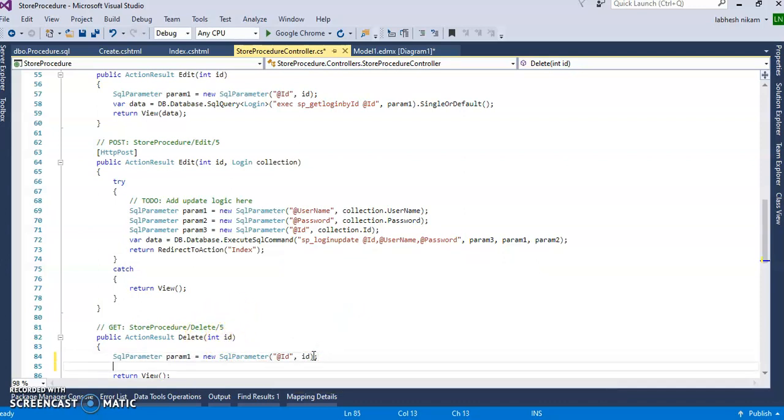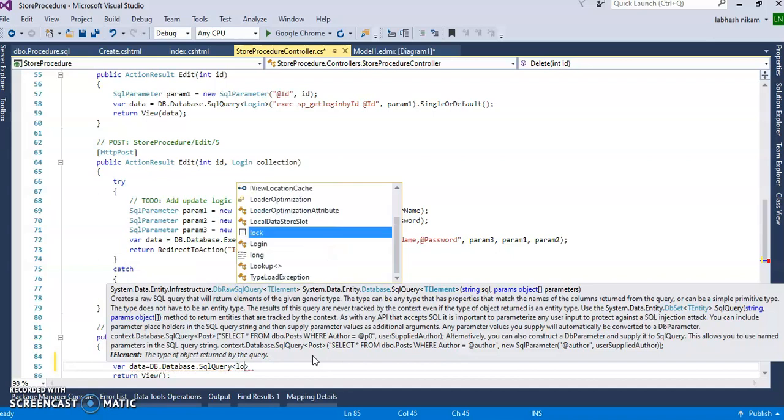Right? After that, create a variable to call that row. So variable data equal to db dot database dot sql query login